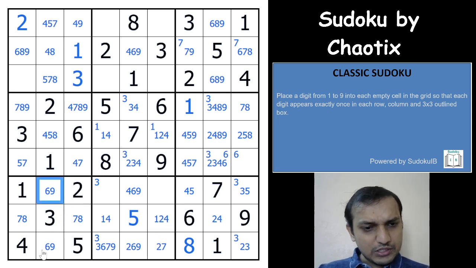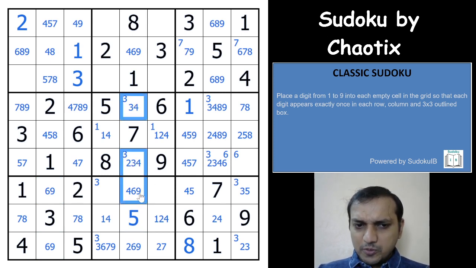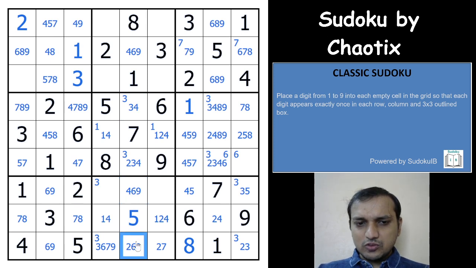I have one more uniqueness trick here, but I am not sure if that is helpful. You have a 6 9 here. This cell cannot be 6 9, so one of the 2 or 4 would have to be in one of these two cells. So you get a triplet of 2 3 4. So we know that one of the 2 and 4 would have to be here, other 3 4 and 2 3 4. So you have a triplet in these 4 cells of 2 3 4,